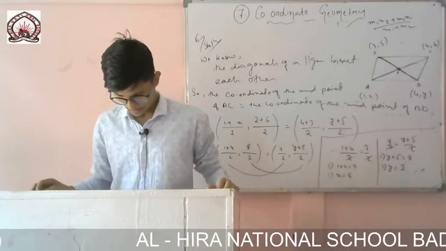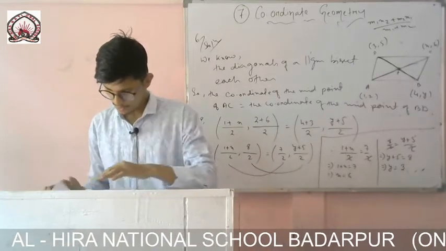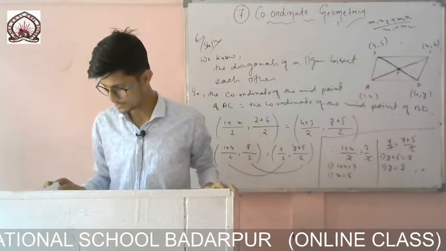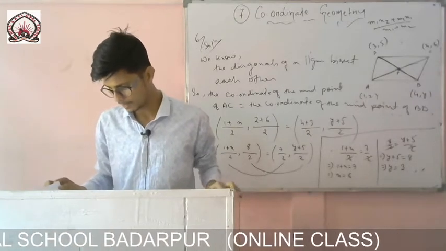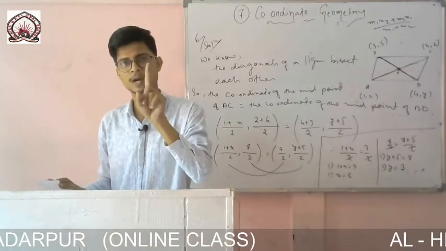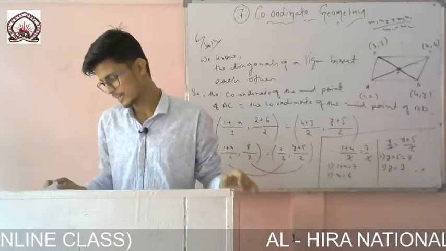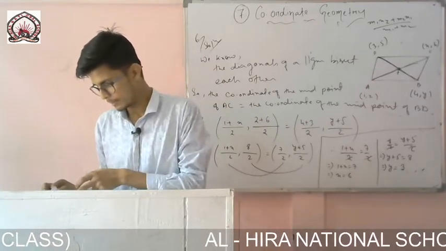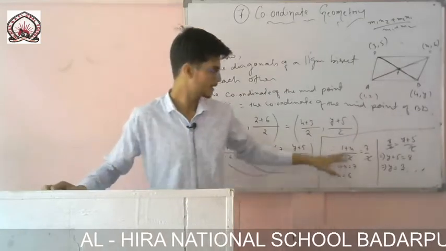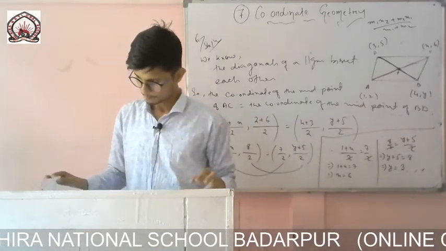Now question number 6 was this, so now 7. Achha, you see question number 10 of the example, it is also the same. If the points A, B, C, D given are the vertices of a parallelogram taken in order, then find the value of P. There is only one unknown, so you have to find only the value of P. The P is in the x coordinate, so if you compare only the x coordinate part, only one part, you will get the value of P. So same, you solve it.